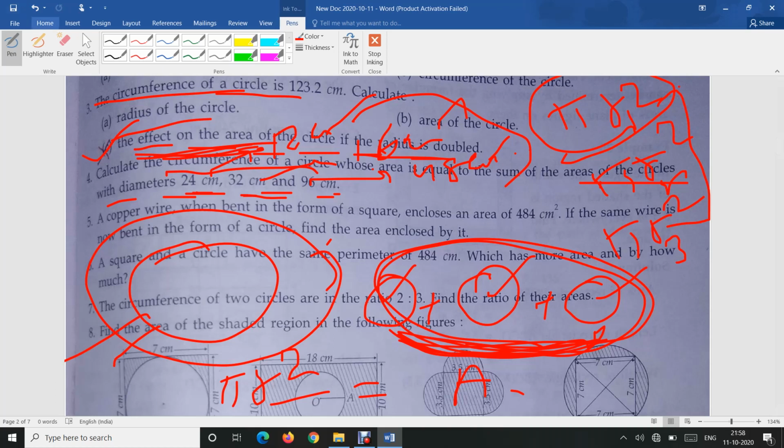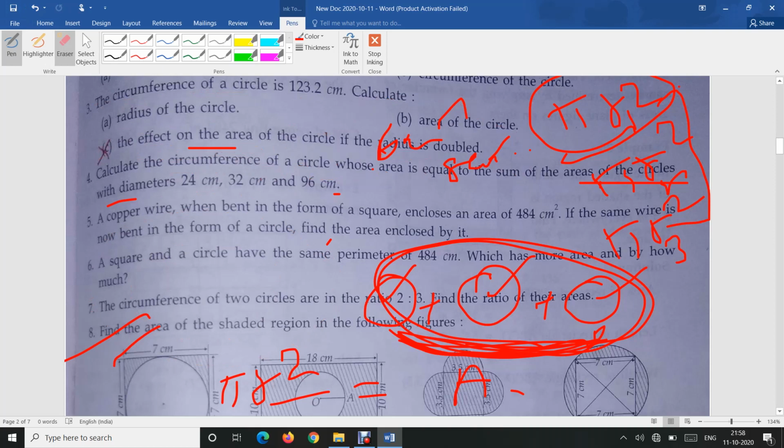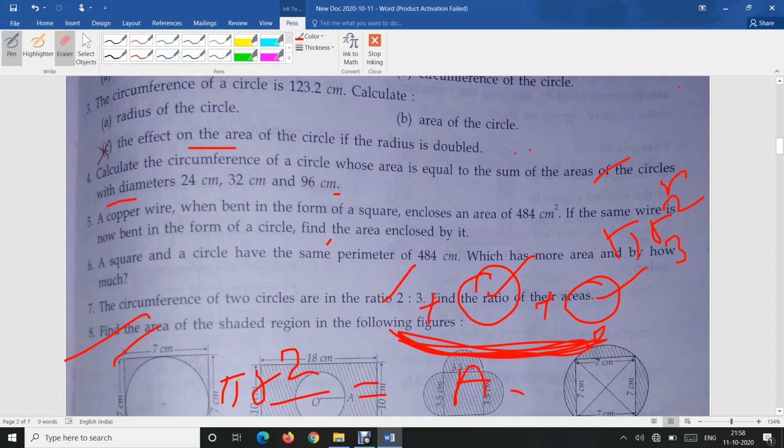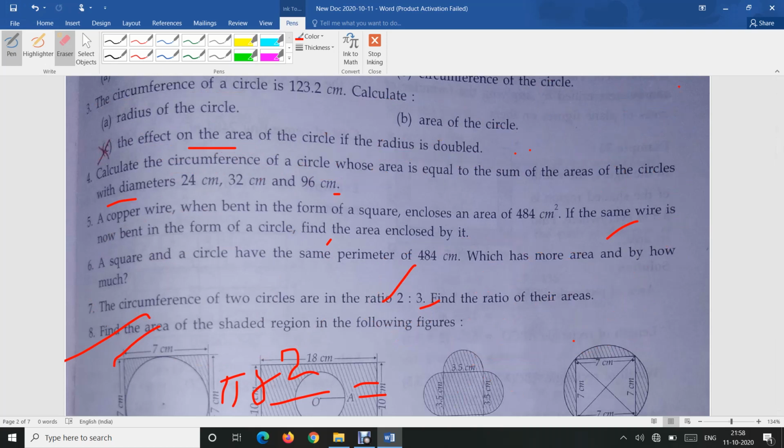So you have to try this question, and if you get the solution, then no problem. And if you have any problem regarding this question or while solving it, then you can ask. Also, there is one more thing: you have to do this question in your rough notebook, and after solving it in your rough notebook, you have to send it to me, and if I agree, then you can write it in your fair notebook.